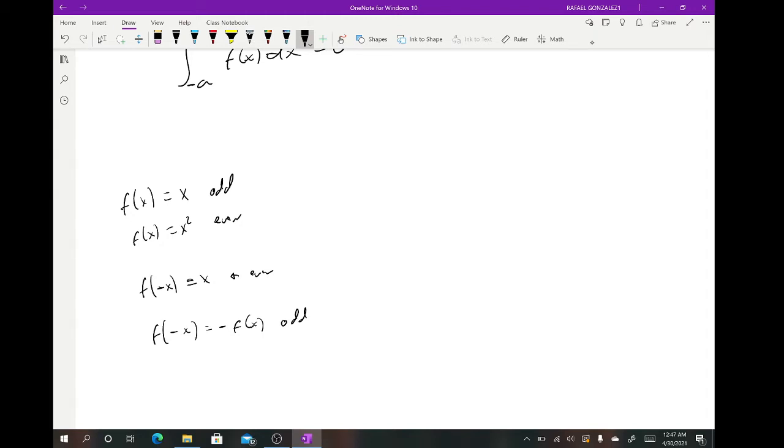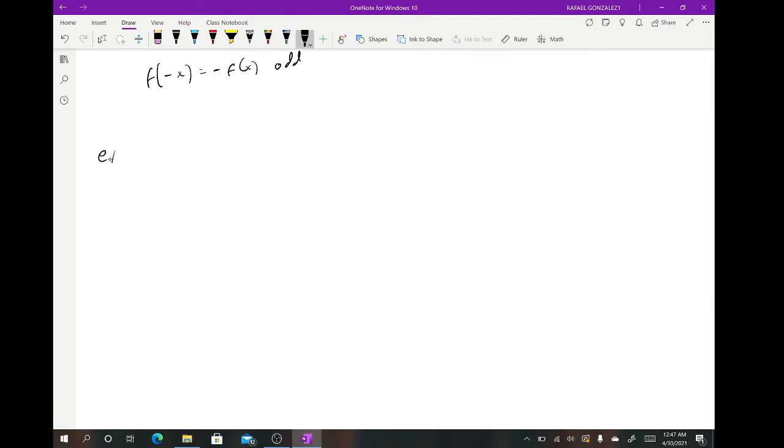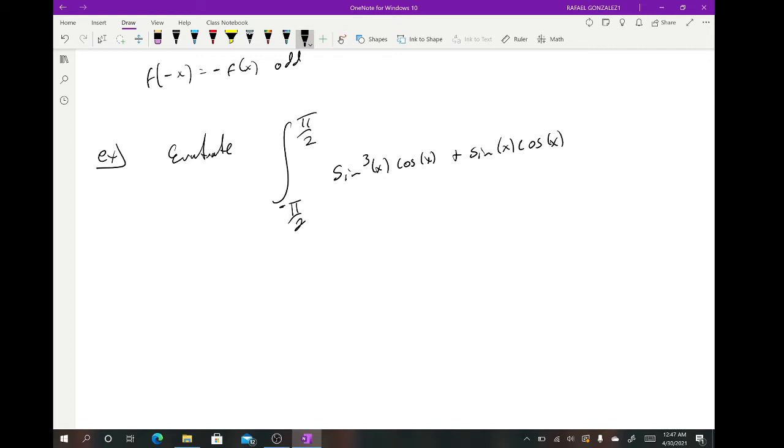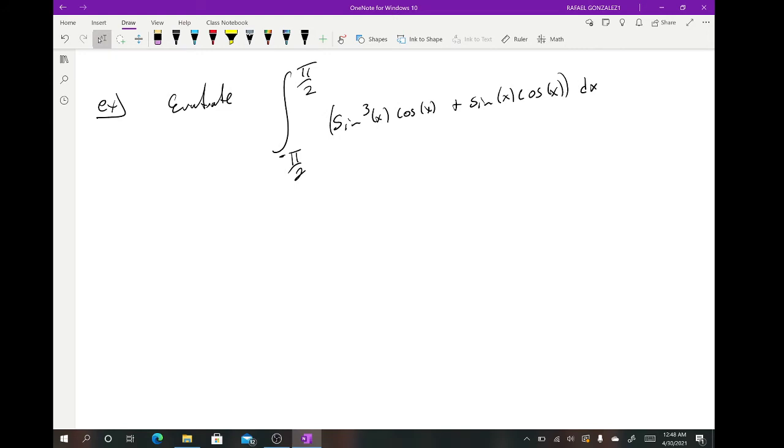Okay, so let's do one example of this. And this will certainly be the last example that we do in this class, aside from review. So let's evaluate the integral from negative pi over 2 to pi over 2 of sine cube of x times cosine of x plus sine of x times cosine of x dx. This is actually a very long and tedious integral, but notice